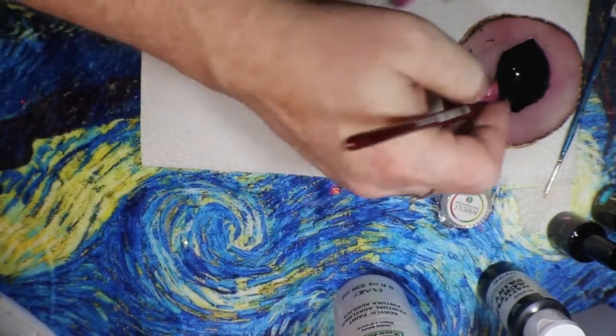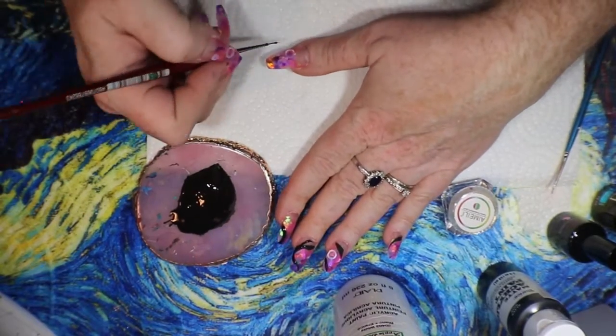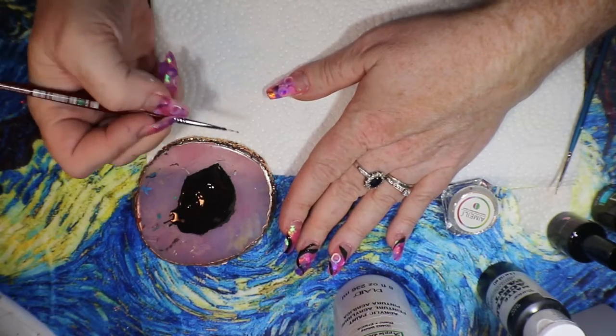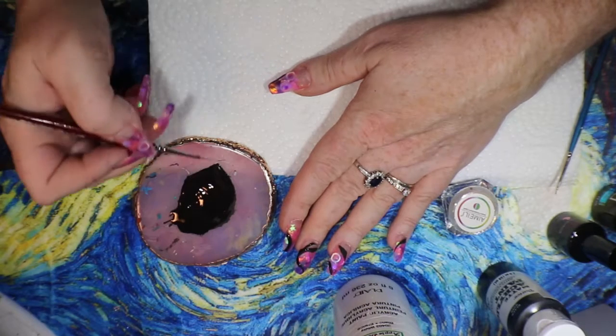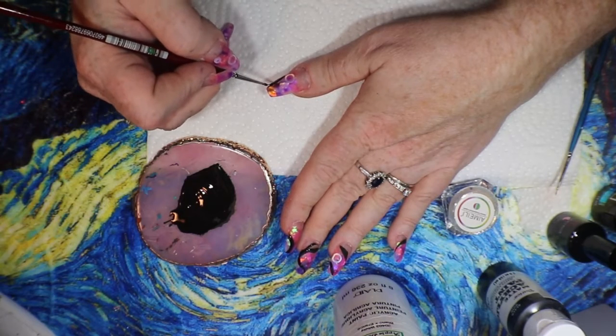Now what do I want to do on this one? The hardest thing is going to be the other hand because I got to paint. Now I was getting quite good at painting the other hand, but I've been doing a lot on my practice hand and on my little nail holders, so